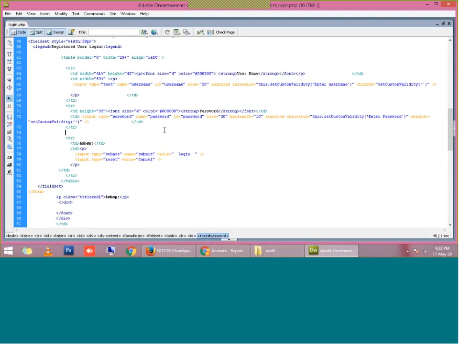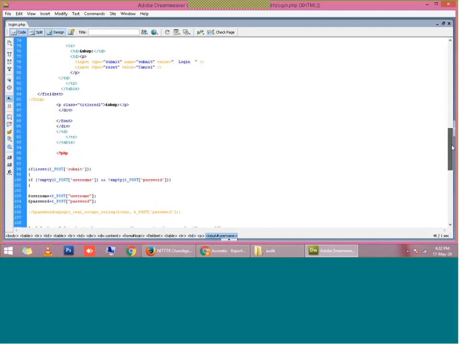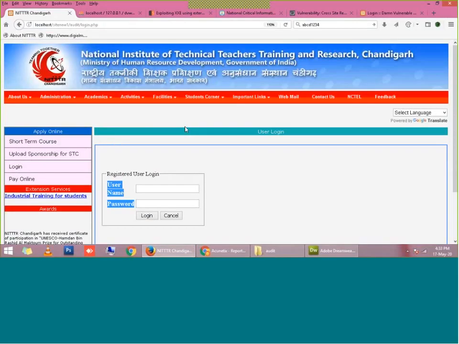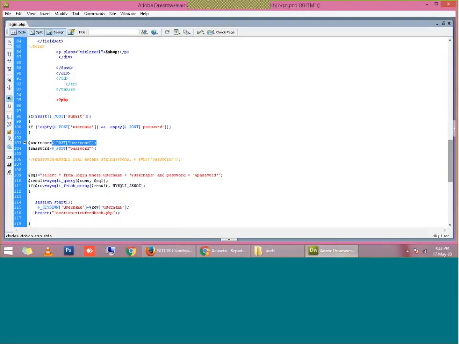So what I am doing is, whatever username and password are entered by the user, I am going to capture the entered username and password into a variable. To capture these values, I am using the post method. Post is an HTML form method by which I can collect whatever, suppose I am writing here ABCD. Firstly I have to collect this value, then only I can pass it to the database server. To collect this entered value, I am using the post method.